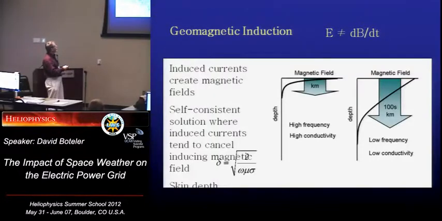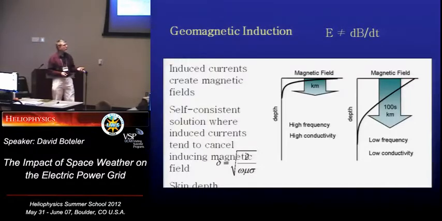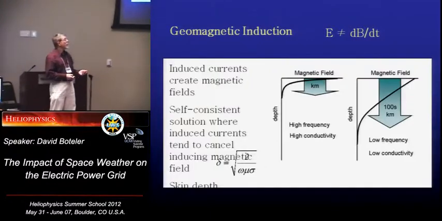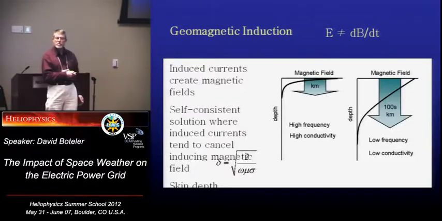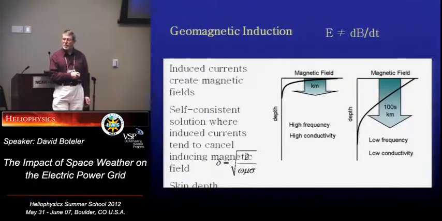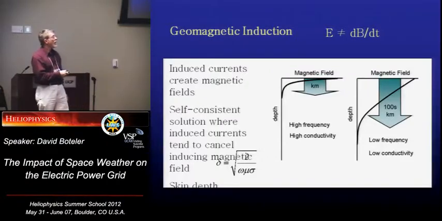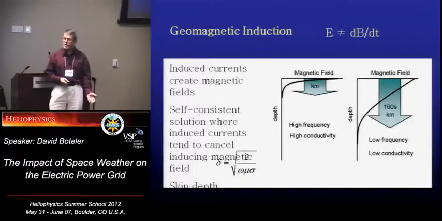And with high frequency variations or with high conductivity areas, the skin depth is very shallow. I mean, this applies across all ranges, like radio frequency problems see this, AC induction sees this, but there you're talking about the skin depths might be only meters. Here we're talking about kilometers into the Earth, and when you get into the lower frequency magnetic field variations, like periods of an hour, say, and in a low conductivity region, then the magnetic disturbance can go hundreds of kilometers into the Earth.